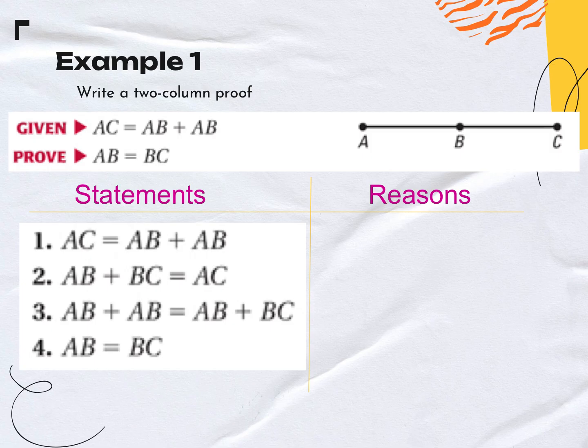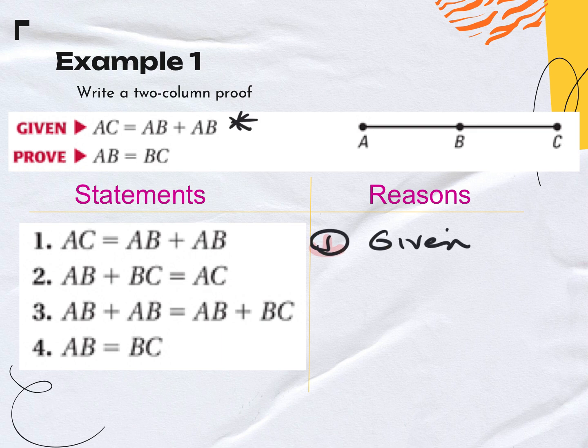All right, so example 1. This is a 2-column proof, and notice the given isn't in the diagram, it's spelled out for you, and they've given us all the statements. So for this one, all we have to do is come up with the reasons. So statement number 1, its reason, nice and easy, it was given to us. So up here,